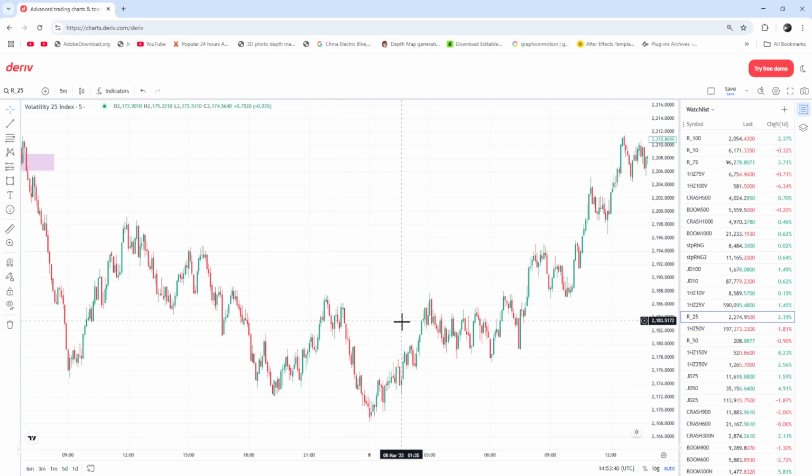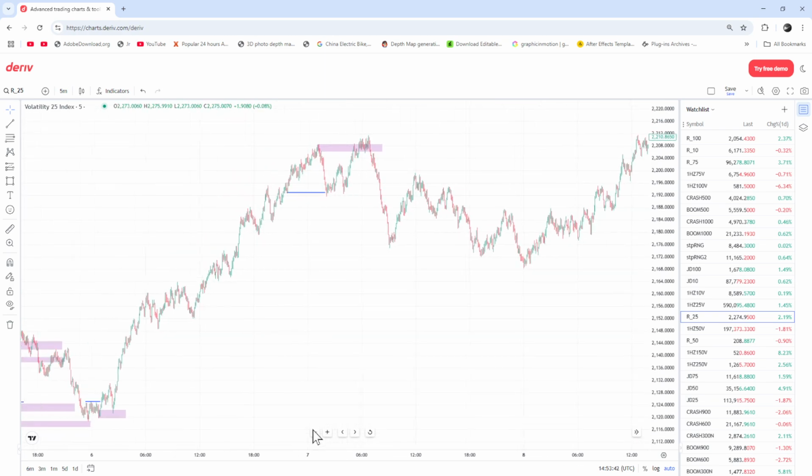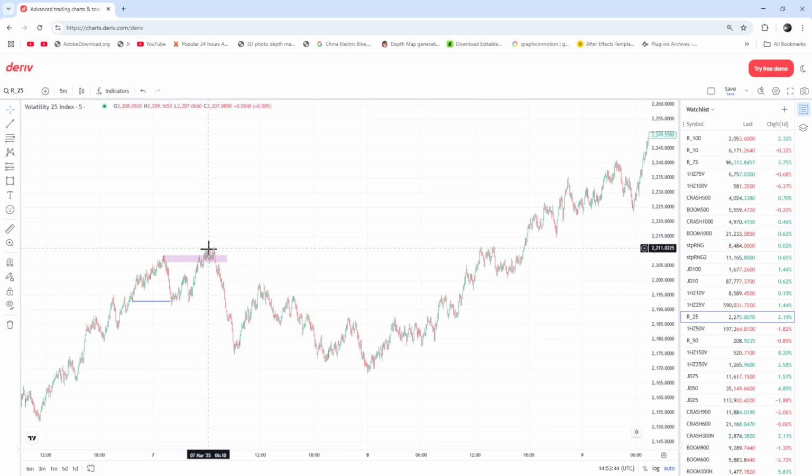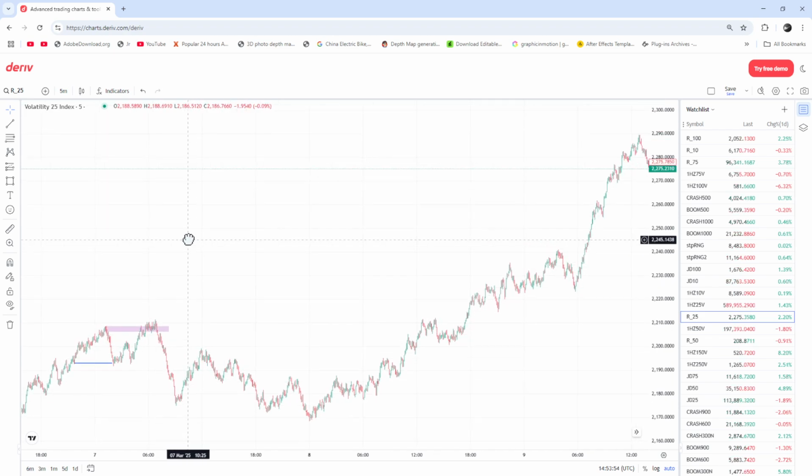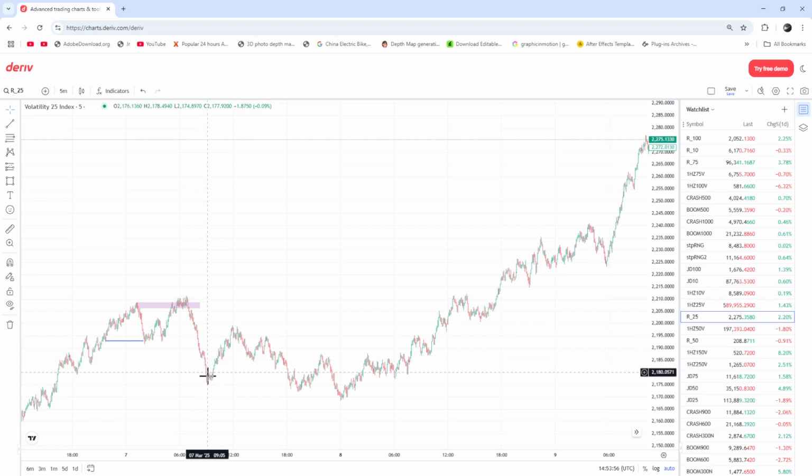But you need to remember something here. The market has already changed the character. If the market has already changed the character, note this: whenever we are down here, our business is up here, because the change of character already happened. So the market came down to this level here, then came up